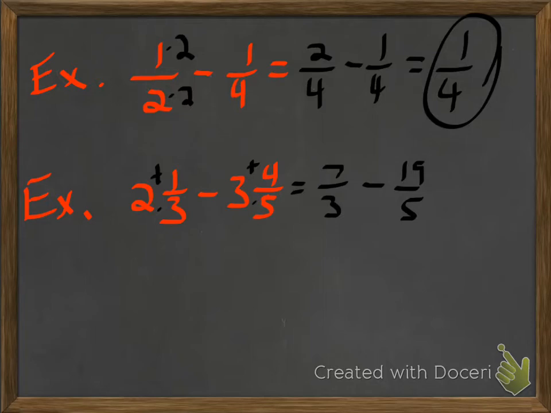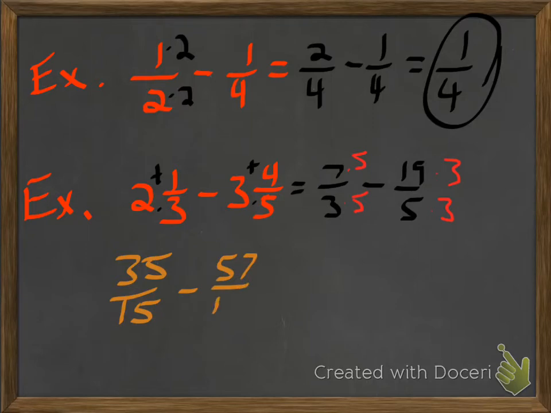That means I'm going to have to multiply this by 5, this by 5, and this by 3, and this by 3. So this is what we get. 35 over 15 minus 57 over 15. 35 minus 57 is negative